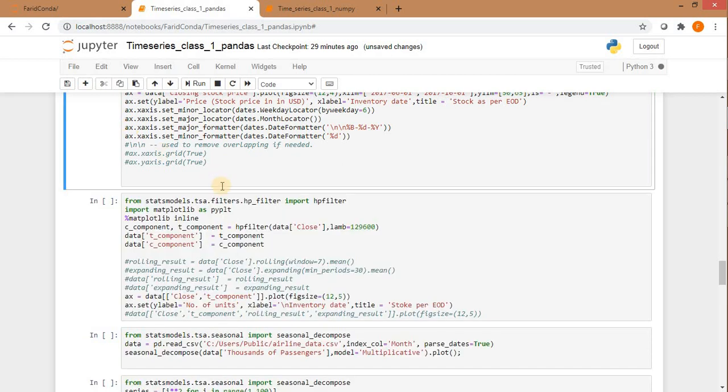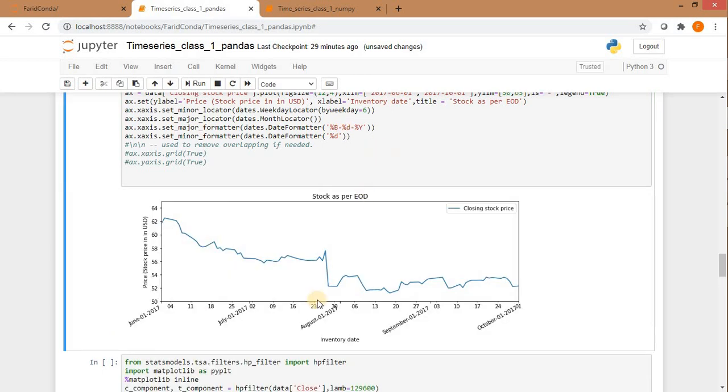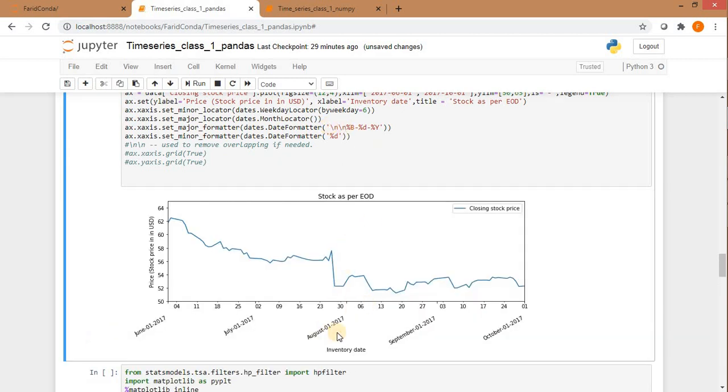Okay, so if I do this, see this major formatter, it will give me a quick reading view. You can use \n to not overlap. Otherwise, it will overlap with the other. See here, you got the overlap. So if you don't want overlapping, you can say \n, you can put as many as you want until you get rid of overlapping.